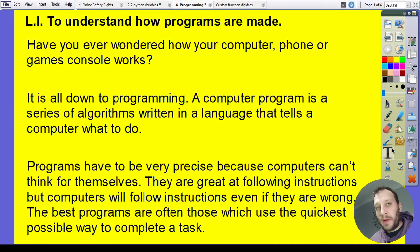Now, when somebody builds a program, they think about instructions and they break down the task into steps, just like you did last time. And the best programmers are the ones that can break it down into the fewest number of steps with it still making sense. Okay? Now,